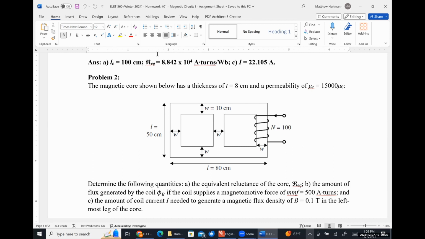Let me just throw this on my calculator. So 50 minus 10, I'm just going to call that 40, over 10 times 8 is 80, times 15,000 times 4 pi times 10 to the minus 9. So a little bit of rounding there. I'm going to store this in my calculator. That's what I did too. I just wrote it like that. Yep. And all right, then we have